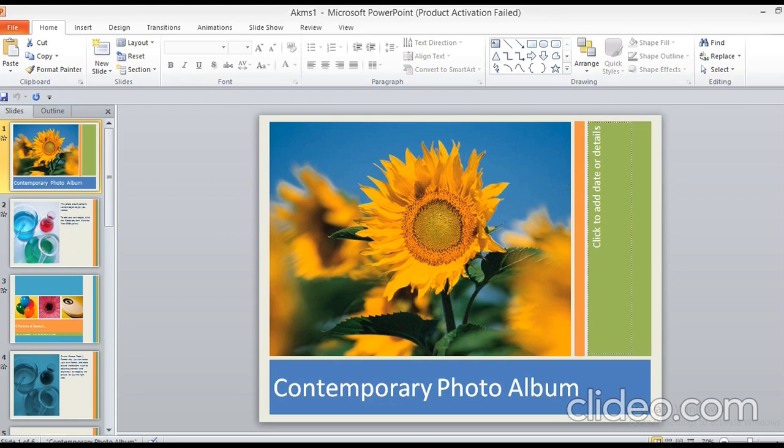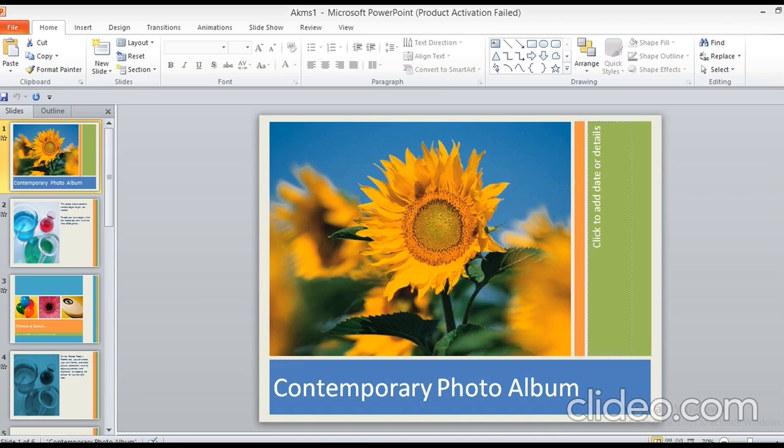As we have discussed, a template is a predefined presentation, and now we are going to discuss themes. These are the predefined combinations of color, fonts, and effects, whatever we want to apply on our presentation. These are called themes.